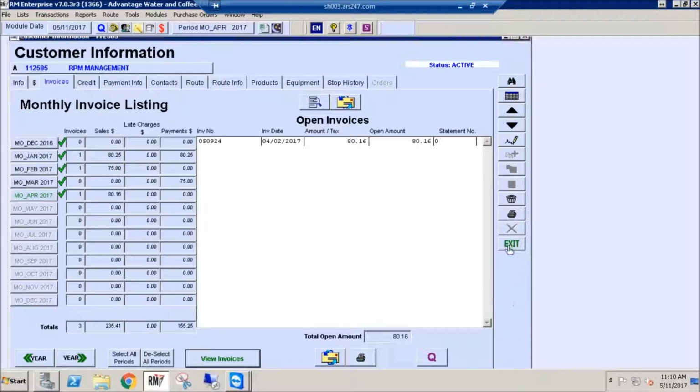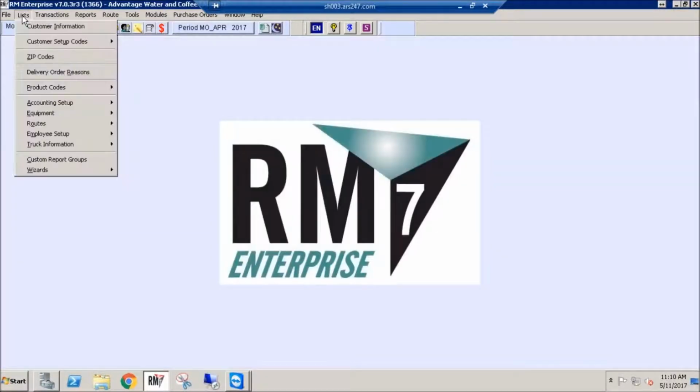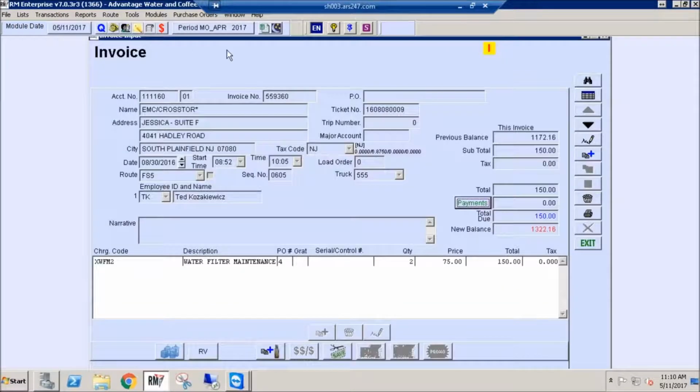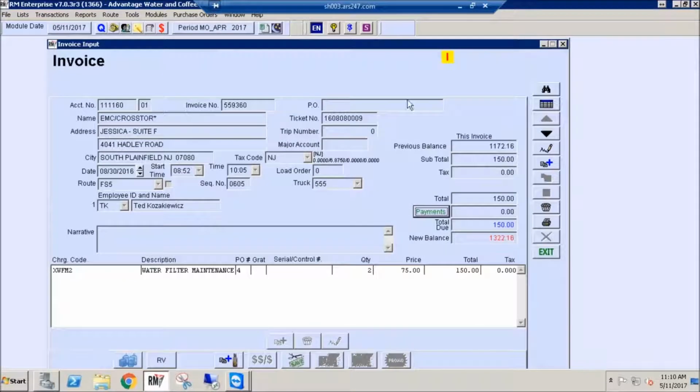Another new feature, speaking of invoices, if I were to go create a new invoice or wish to select for any reason an invoice here to